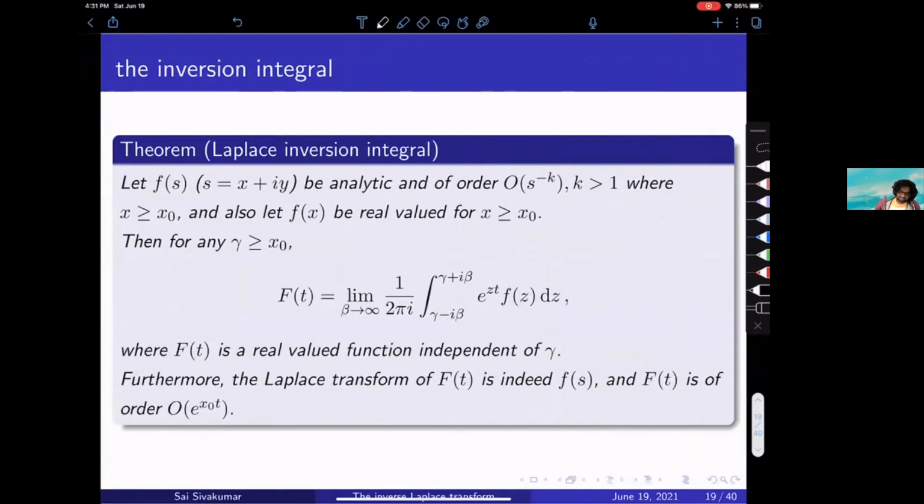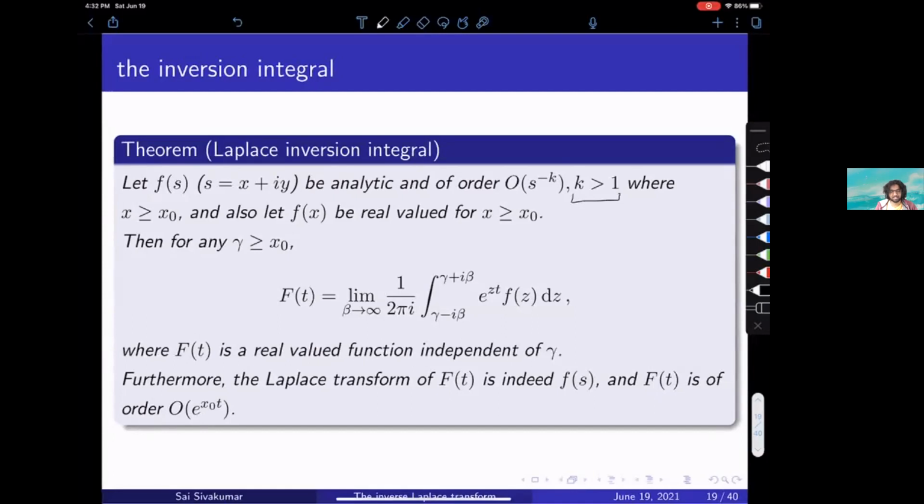Right, so okay, this theorem is not going to be the best because there's a whole lot of other consequences and the conditions are kind of messy. So I guess I'll just state it here. So again, let s be x plus iy, because I'm going to use the real parts throughout the statement. Let f of s be analytic and again of this order,